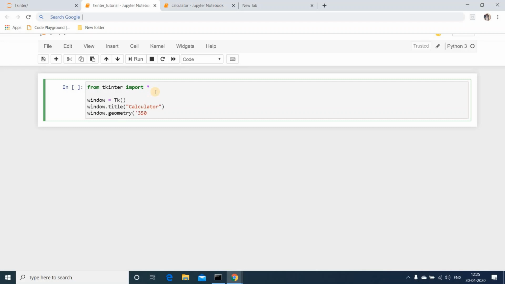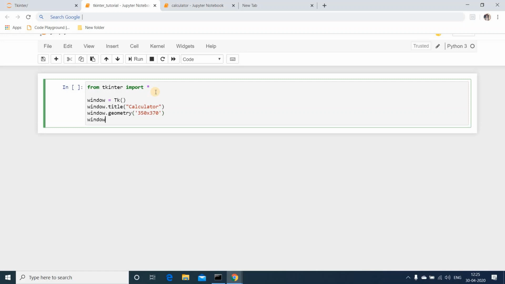I'll be using 350 into 370, yeah, 350 into 370 pixels. This is the size of my window. And window.resizable. I'll pass the arguments 0, 0. This will disable the resizing of the window that we have created.